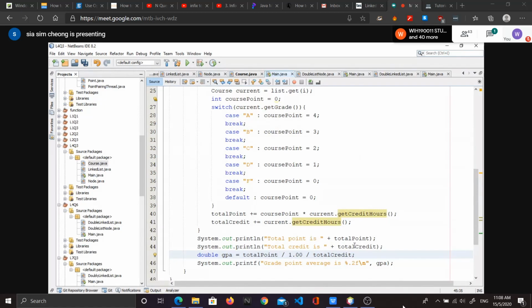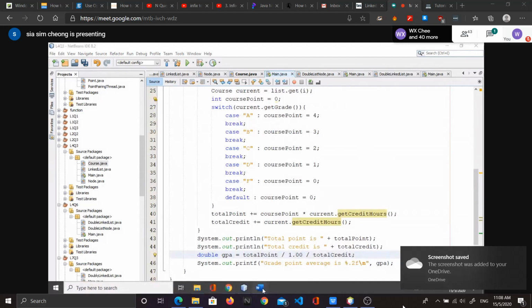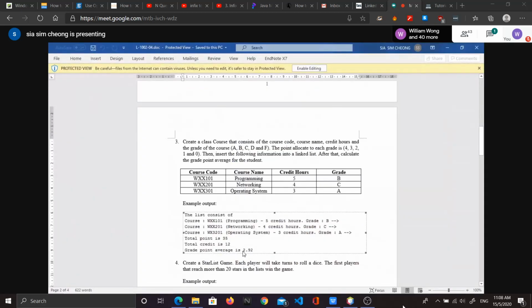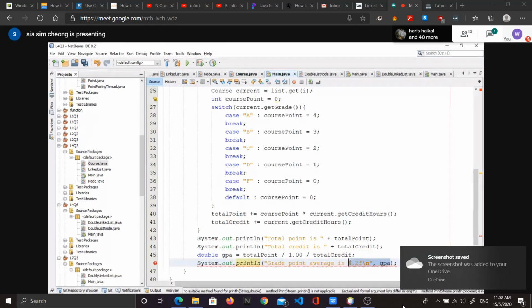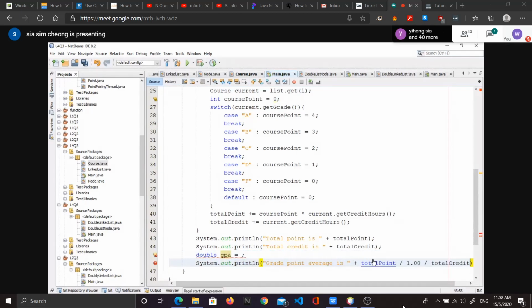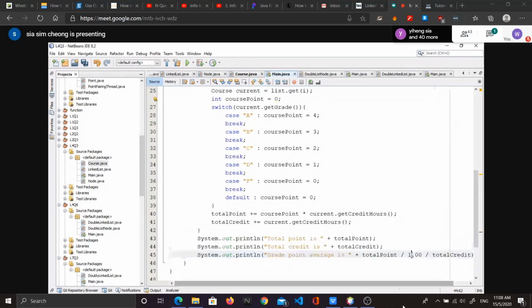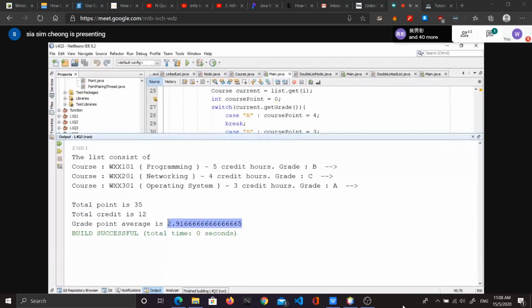Okay, so what we see in the question is that the grade point average is actually to 2 decimal places. So what we do right now, we put it inside and then we try to print it out. So actually it will print